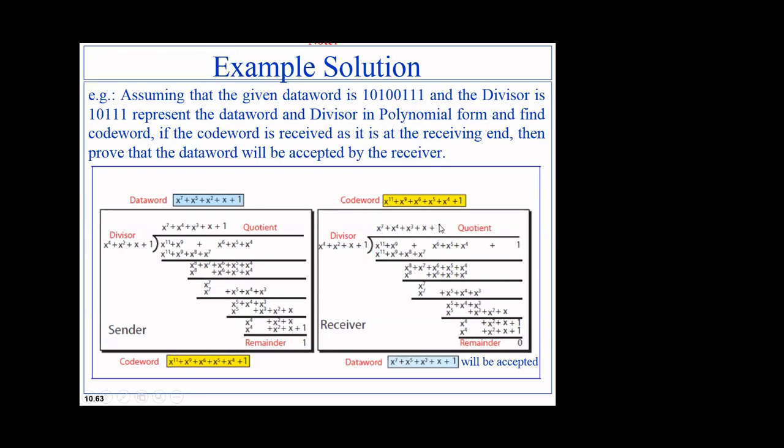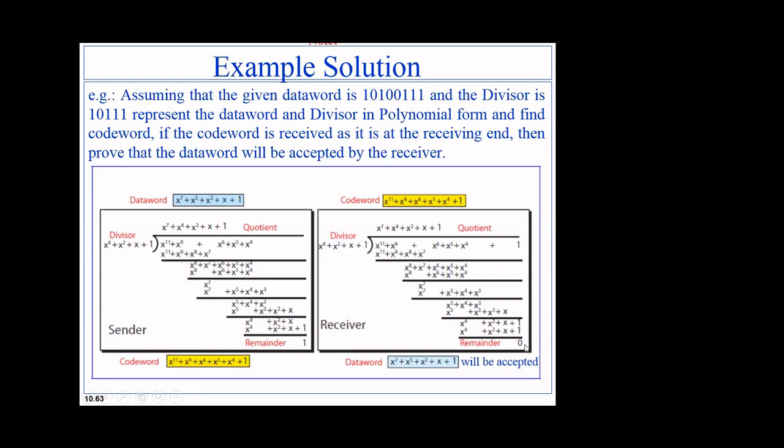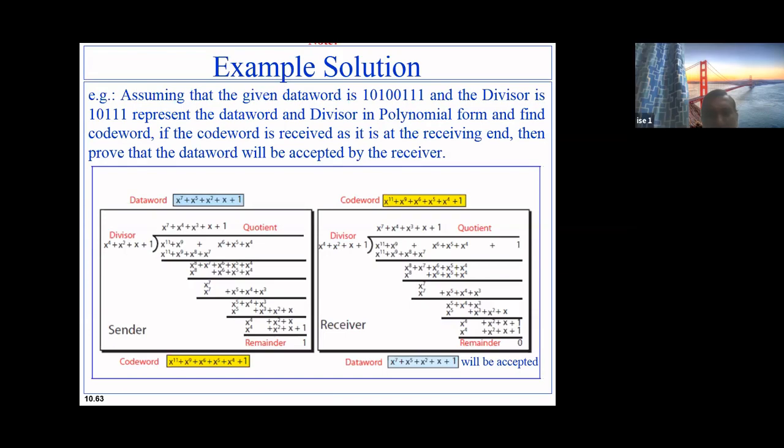So here I need x to the power 11, so multiplying this divisor by x to the power 7. Everything will remain the same, only the last step will change. Yeah, last step will change, remaining everything remains the same. So that becomes 0 because I get the full term as it is. You got the idea, and I'll be getting 0.